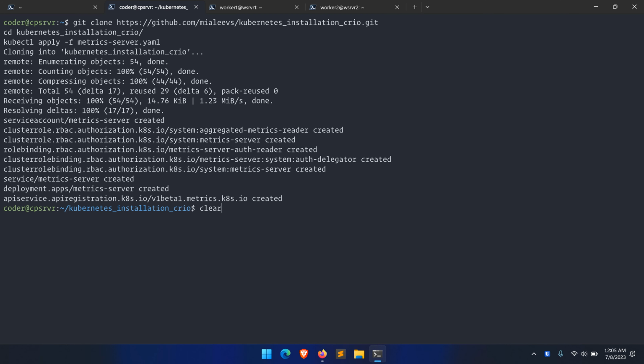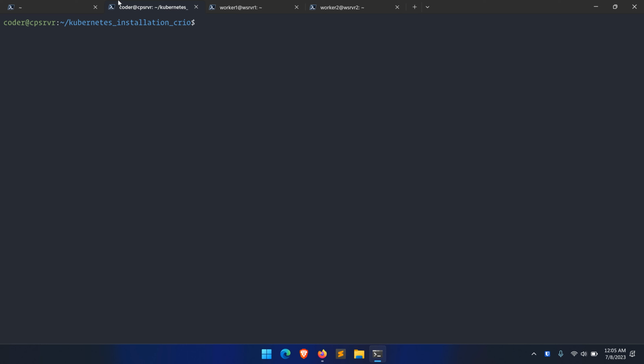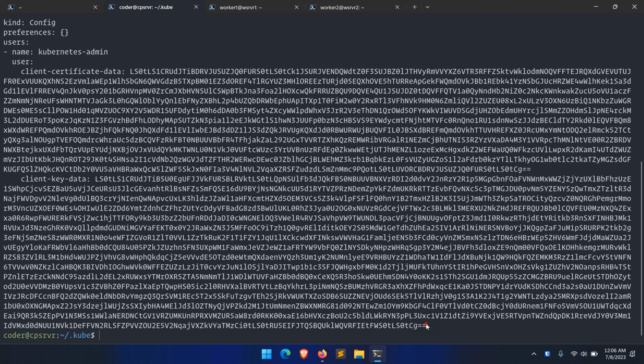Okay, the metrics server is also installed. I'll give some time for the metrics server to download all the necessary images and for the pods to get created. Meanwhile, I'll copy the config file from the control plane server to my local client machine. For that, if I go into the .kube folder, I can see the config file. cat config. I need to copy all the contents